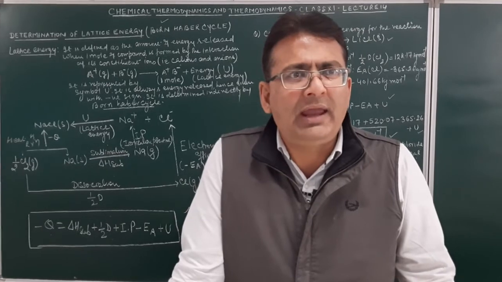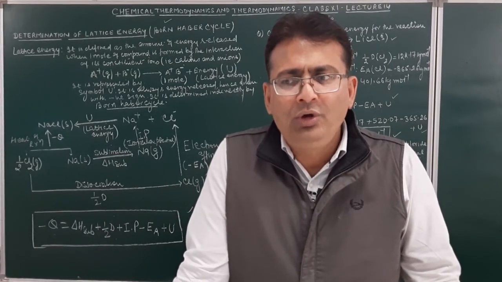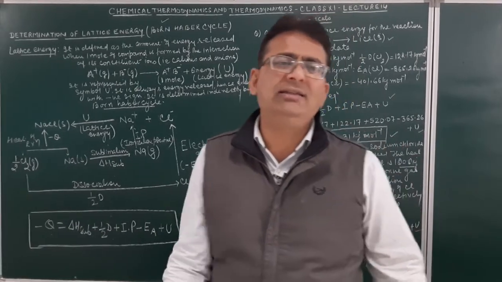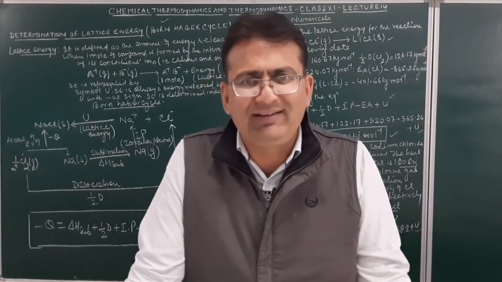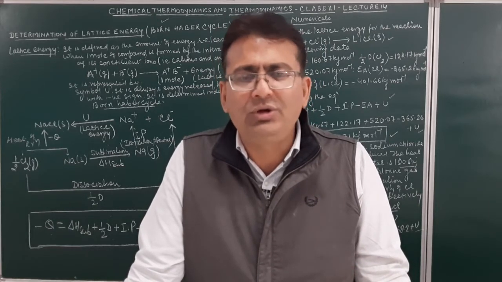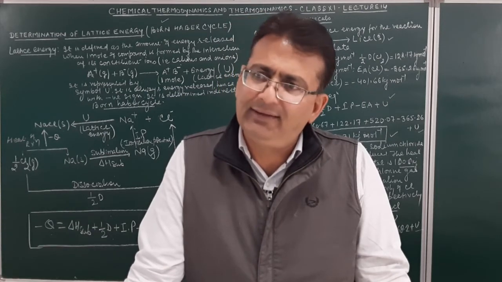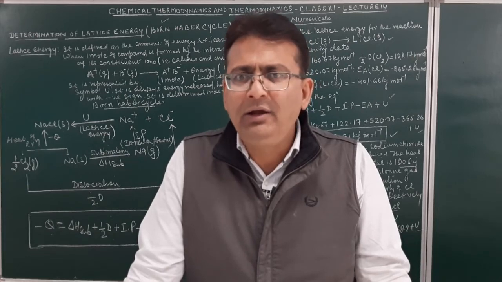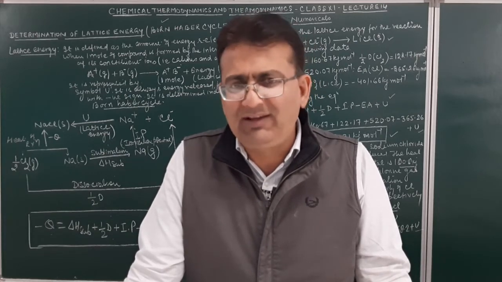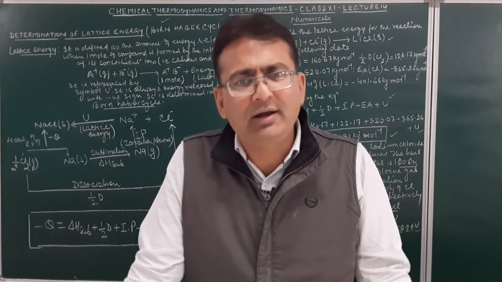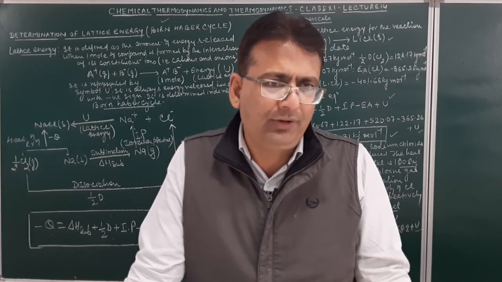Now students, what was the aim of thermodynamics? To find out the feasibility of a chemical reaction and to determine the enthalpy change during any chemical reaction, thermodynamics and thermochemistry. The second aim of the chapter has been achieved. We have been able to find out the ways by which we may calculate the energy changes. The first aim, the feasibility of a chemical reaction, is still left. For that, we will again come back to the thermodynamic section and try to find out what the conditions for the feasibility of a chemical reaction are.